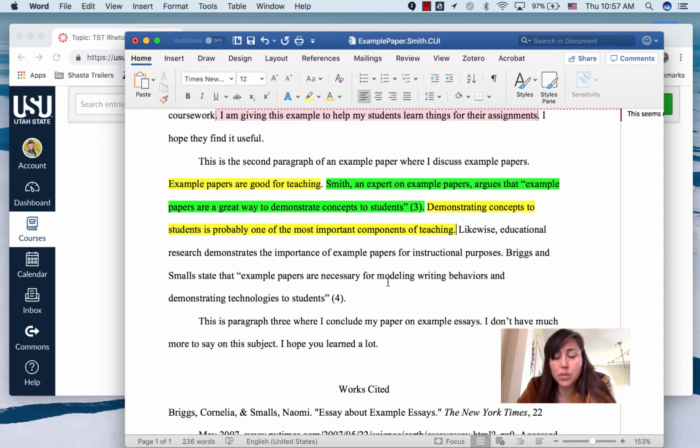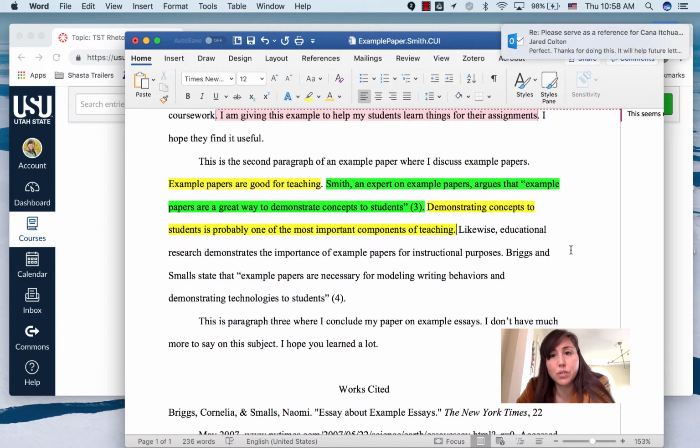Likewise, educational research demonstrates the importance of example papers for instructional purposes. Briggs and Small state that example papers are necessary for modeling writing behaviors and demonstrating technologies for students. Oh, look, here's me getting some information. Okay, so